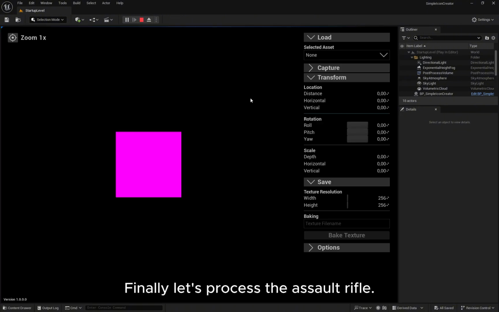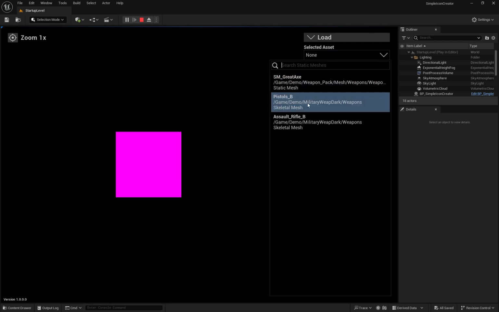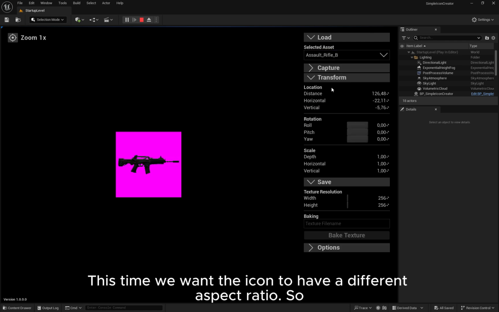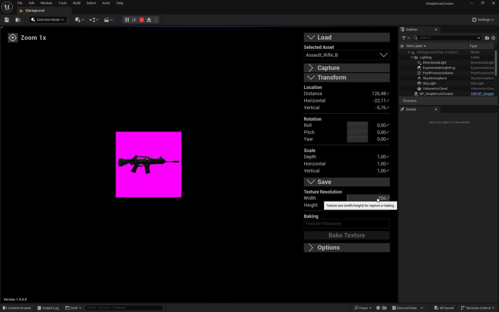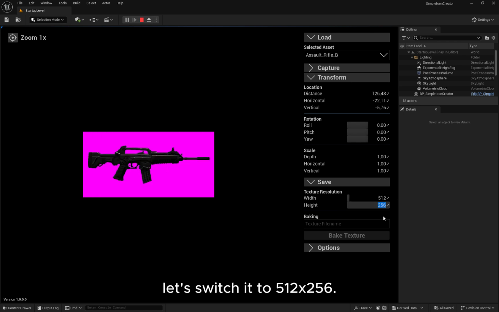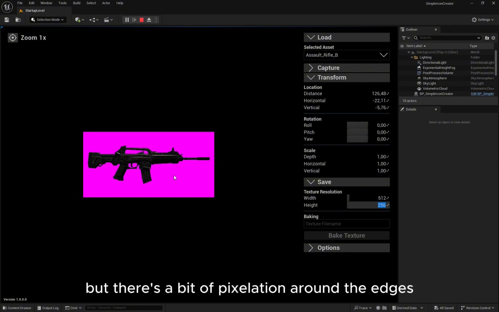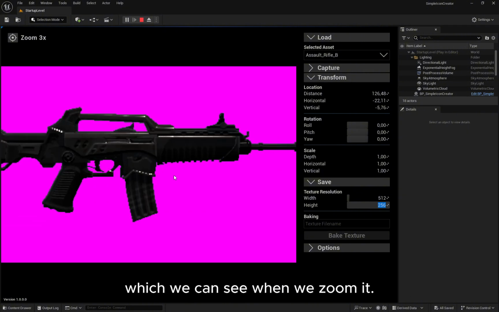Finally, let's process the assault rifle. This time we want the icon to have a different aspect ratio. So let's switch it to 512 by 256. The icon looks good, but there's a bit of pixelation around the edges, which we can see when we zoom